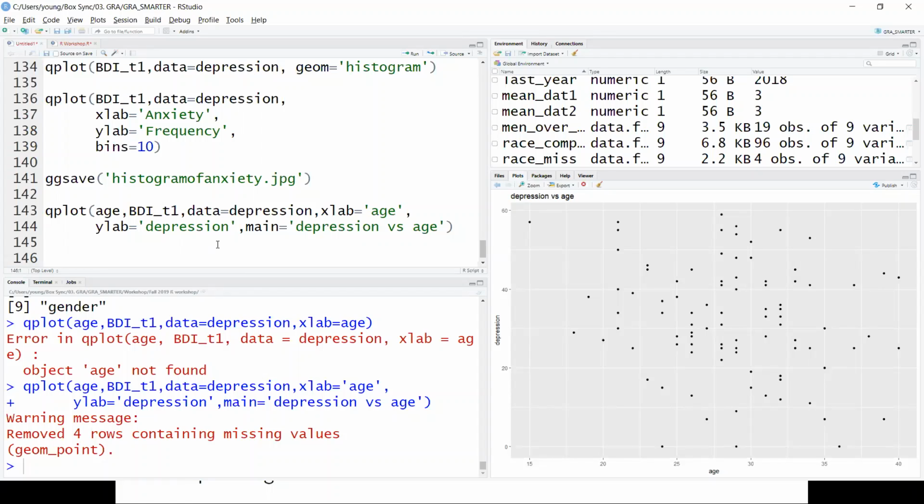Now what if I wanted to actually model this, like test a hypothesis about it? Since it's 2 continuous variables, we could look at correlation. I'm going to do an OLS model, a simple least squares model. Model 1. By the way, there's a keyboard shortcut for the assignment arrow. It's Alt dash.